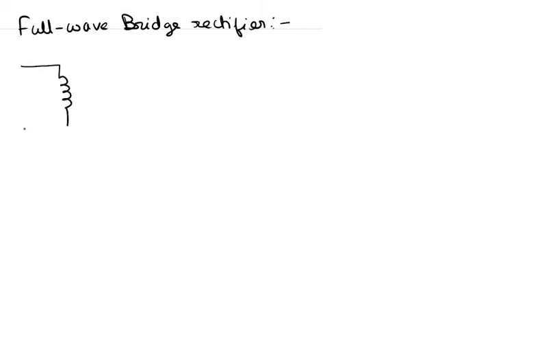So the full wave bridge rectifier actually avoids both of these issues, and again it is a full wave rectifier. So let me draw the circuit here for you to understand. So we have this primary windings Vi here, and we have this secondary windings Vs,